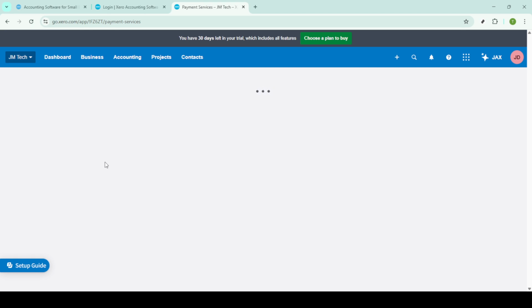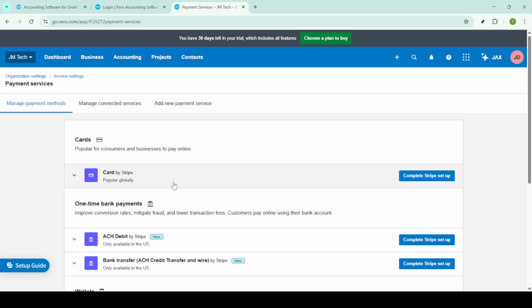Choose a provider that best suits your business needs. Some popular choices include PayPal or Stripe, as they are widely used and trusted for their security and ease of integration. Click on the option to add your chosen payment provider, and you'll be directed to follow the setup prompts specific to that provider. Ensure you have any necessary account details or settings handy, as this will expedite the setup